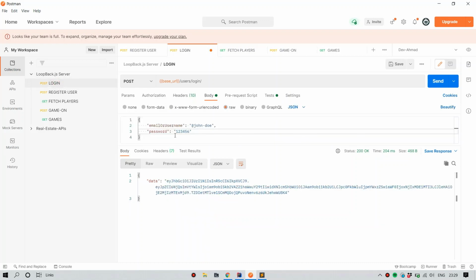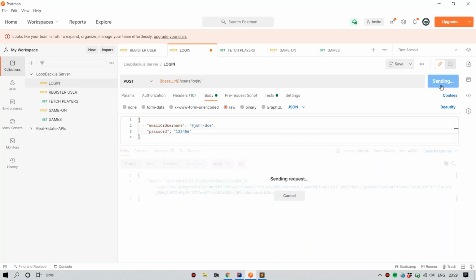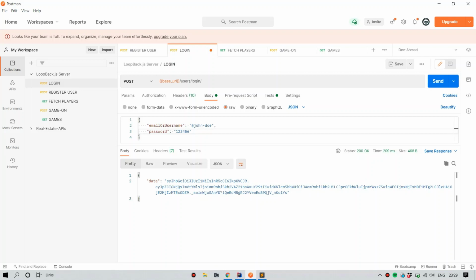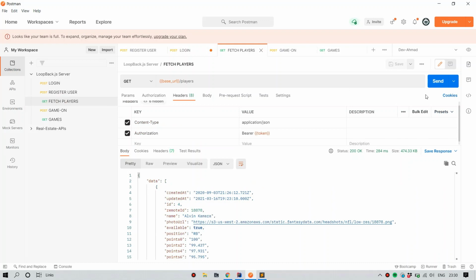So now whenever we need a new JWT token, we log in, we get the token. We do not even need to do anything with this token. We do not even need to copy it in the header of the request. Neither do we need to copy it in the environment variable. So we just log in, boom. We receive the token. Token gets set in the environment variable. We go to any API that requires the token. We hit send and the environment variable works.